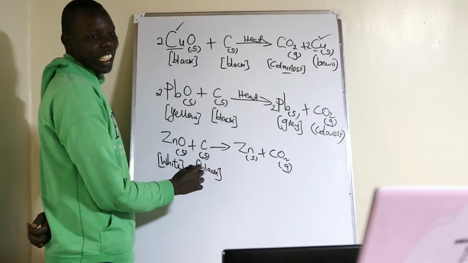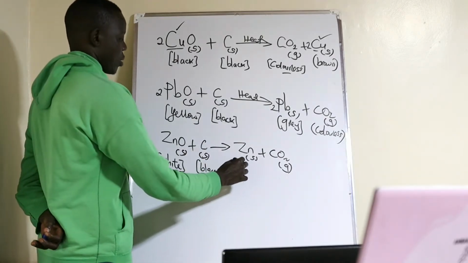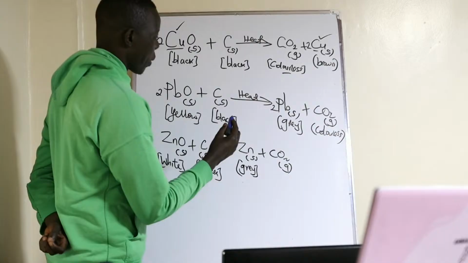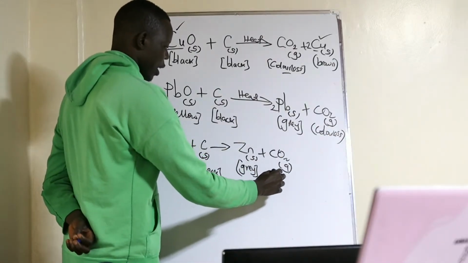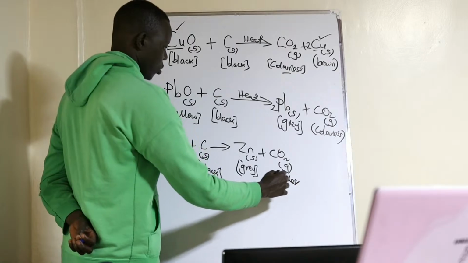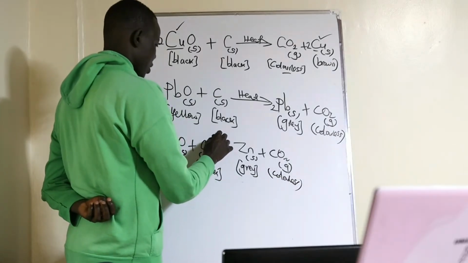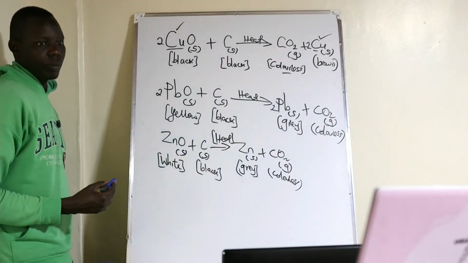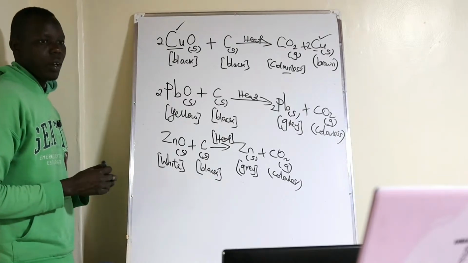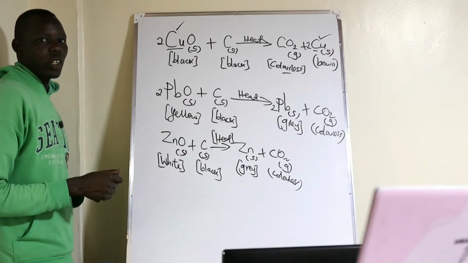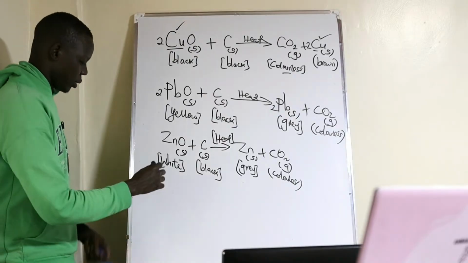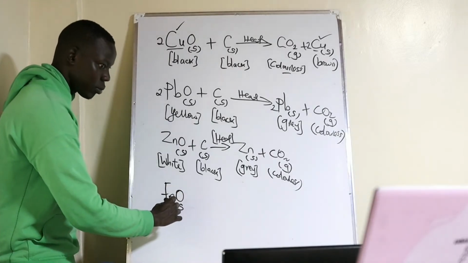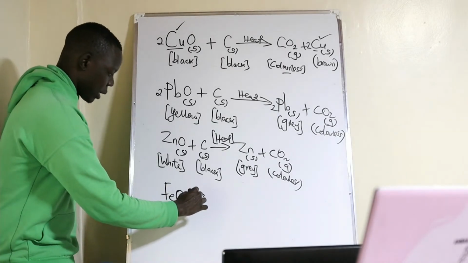What's the color of zinc? Most metals are gray. Most metals are gray except copper. We have this one, which is a colorless gas. Then the condition here is heat. Lastly, nataka tufanye ya iron 2 oxide. I hope you can see down here. Iron 2 oxide solid plus carbon solid